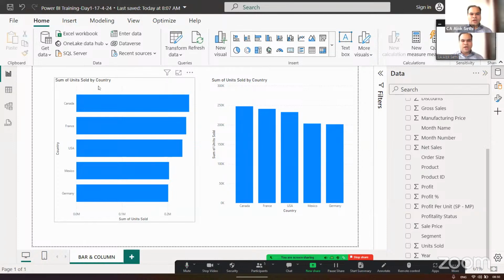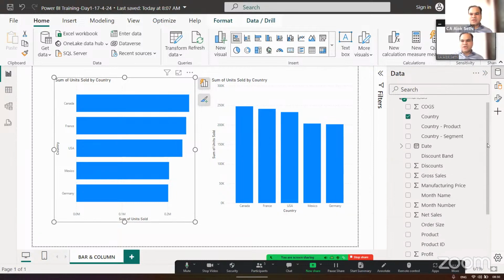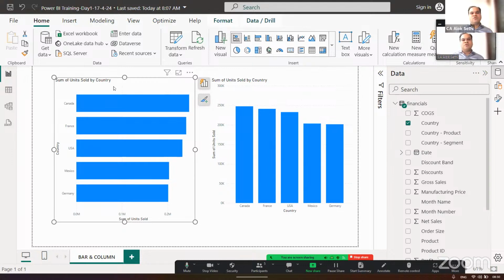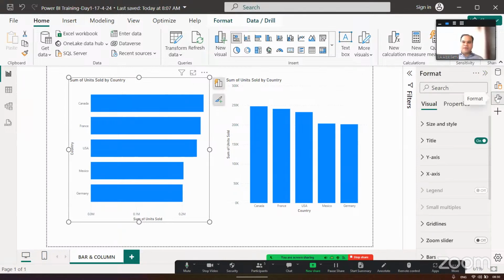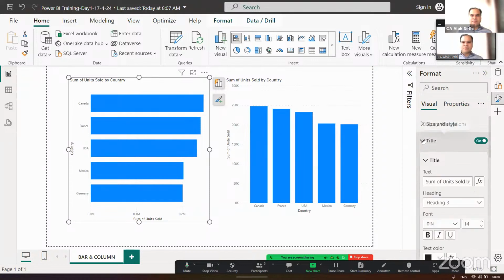ठीक है, तो what I will do first, I will apply the settings in this bar chart, फिर column chart पाएंगे। तो कलर वलर सब कुछ ठीक करना है। सबसे पहले इसका टाइटल ठीक करना है। आई वॉन्ट टू सी कंट्री वाइज यूनिट सोल्ड और कंट्री वाइज सेल्स इन यूनिट्स, ऐसा लिखना है मुझे टाइटल। और ये कोने में ना आए, ये बीच में आए। सो हाउ वुड आई डू ऑल दिस? विल कम टू फॉर्मेट। फॉर्मेटिंग करेंगे। हाँ, फॉर्मेट पे आएंगे और सबसे पहला ऑप्शन आता है साइज एंड स्टाइल, उसके नीचे आता है टाइटल, उस पे जाएंगे आप और यहाँ पे लिखा हुआ है टेक्स्ट। ठीक है, जस्ट सी ऑन द राइट हैंड साइड वेयर आई एम वर्किंग।